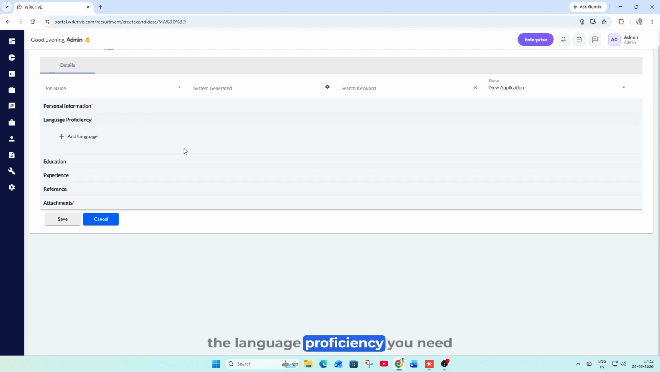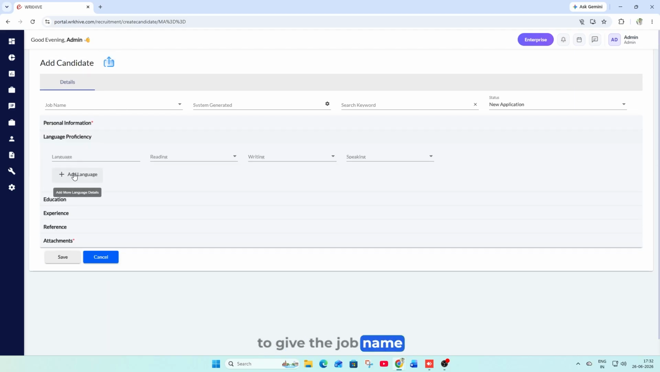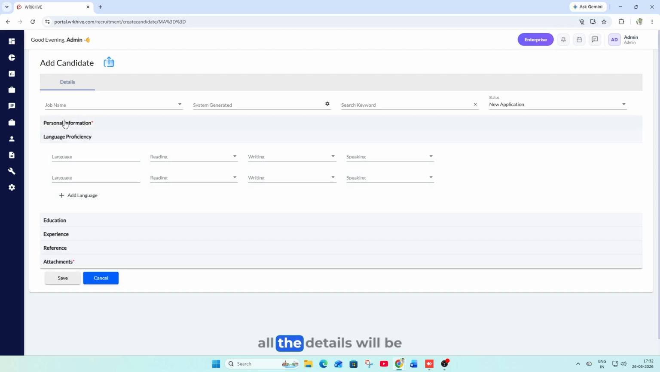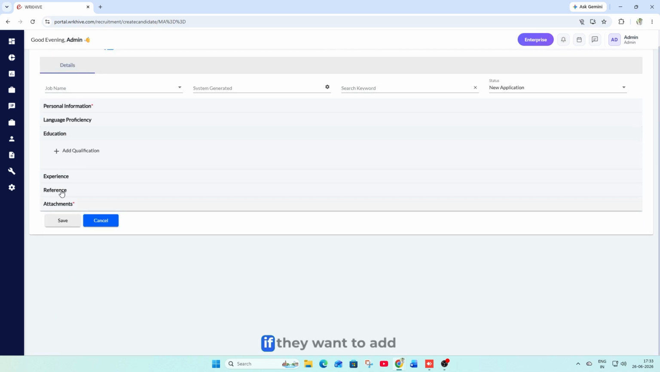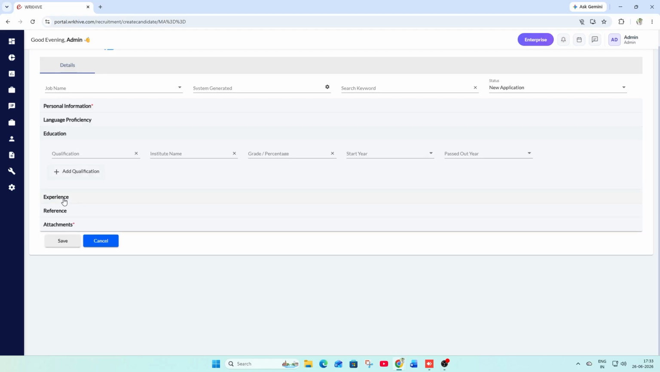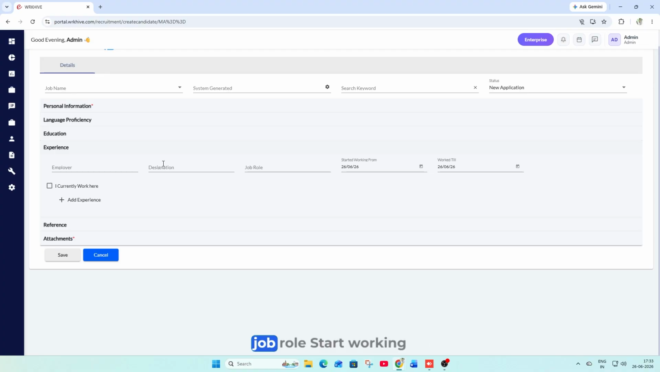Under the language proficiency, you need to give the job name. In this personal information section, all the details will be filled. Under this education, if they want to add a qualification, they need to add it. Experience, you need to fill all the designations, employer, job role, start working from, work till date, all the details